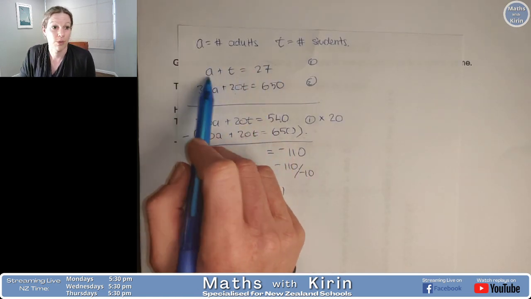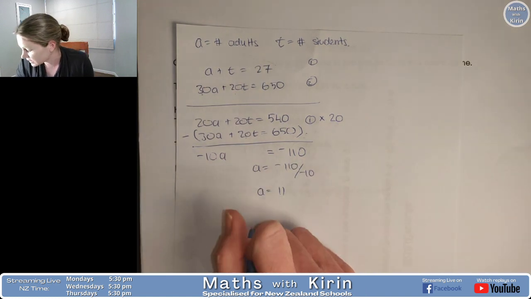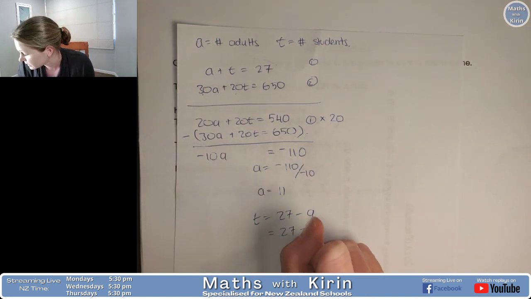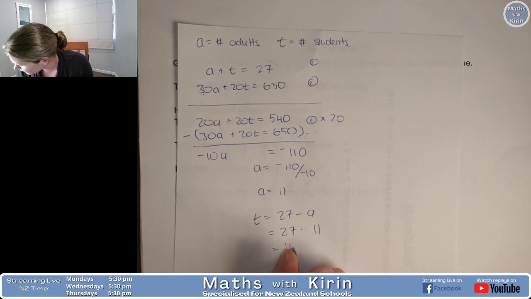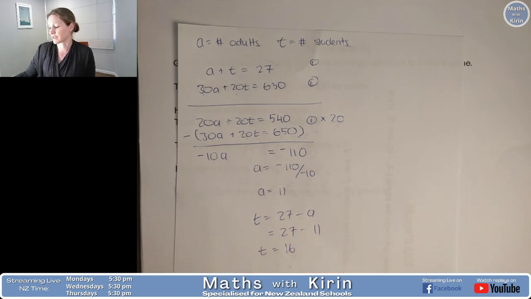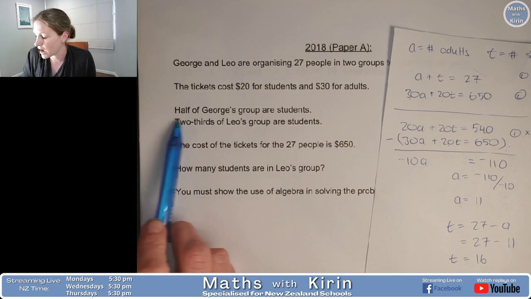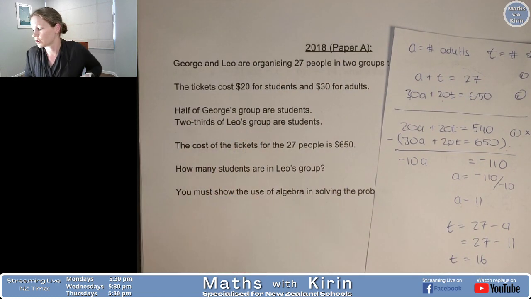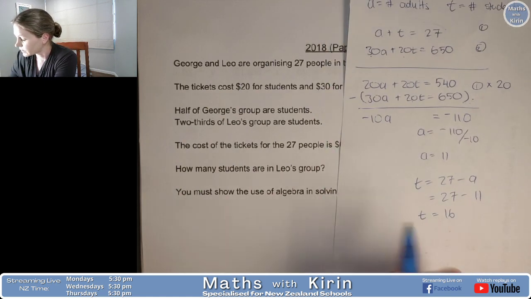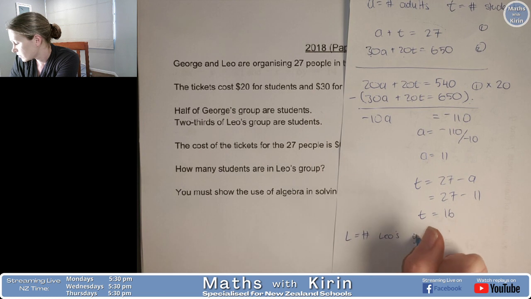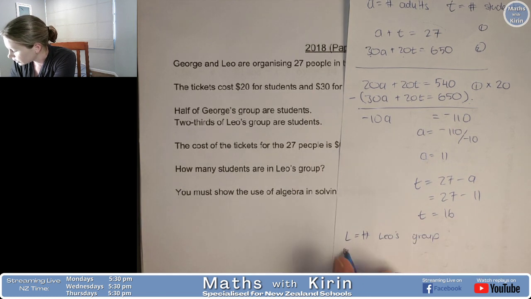Substituting back into the top equation will make it much easier in order to find t. So t will be 27 minus a, which is 27 minus 11, which is 16. So we know that there are 16 students. So back to the question, half of George's group of students and 2/3 of Leo's group of students. So if we use L for the number in Leo's group, and G is the number in George's group,